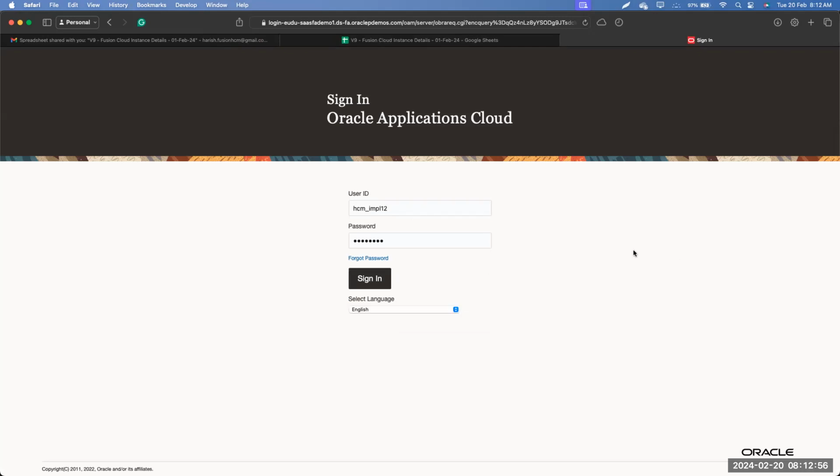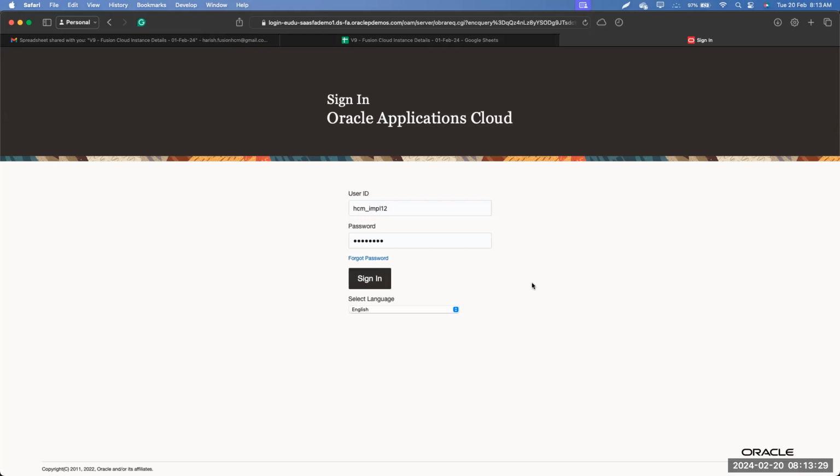So now coming back to our Fusion application, this is the login page, and then we have the username and the password. And if the users would like to reset their passwords, then we have this forgot password link. And the next common thing many people ask is, see, Fusion supports multilingual. That means Fusion supports multiple languages. So when you say Fusion supports multiple languages, the first thing the customer asks you is, Harish, how many languages does Fusion support?